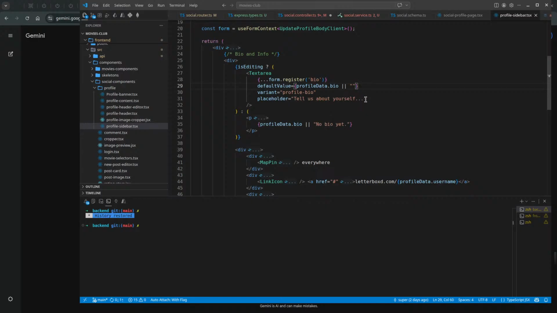I think I am going to keep it like this. Okay, maybe null is accepted. Okay, if I keep it like this, it's going to be null. And I'm going to send null.